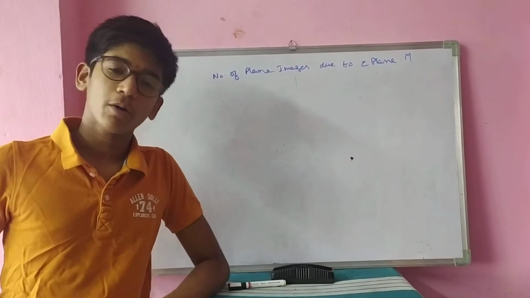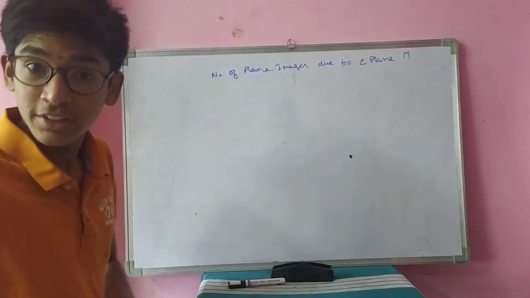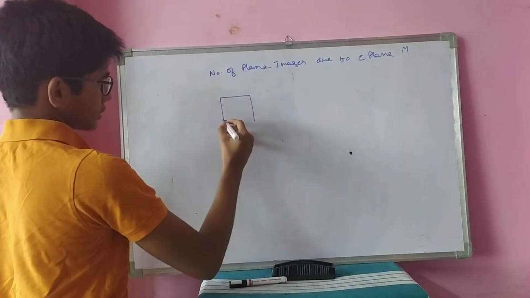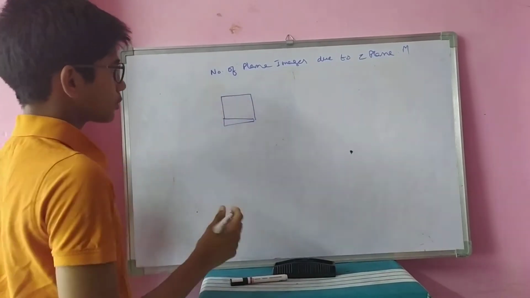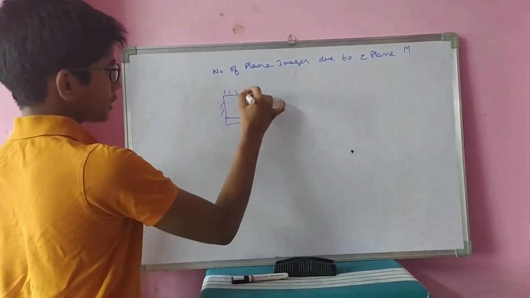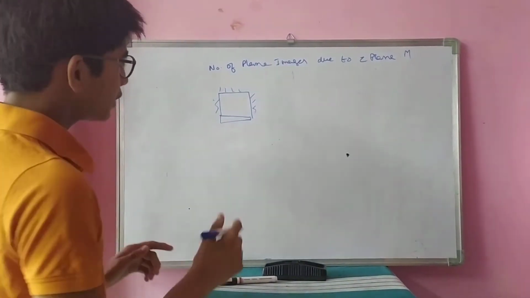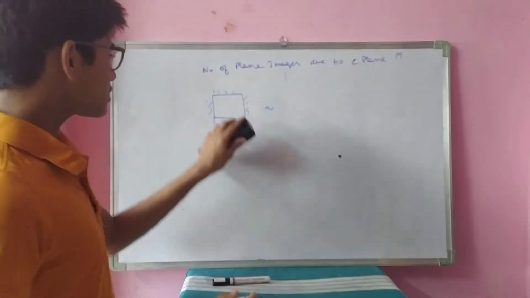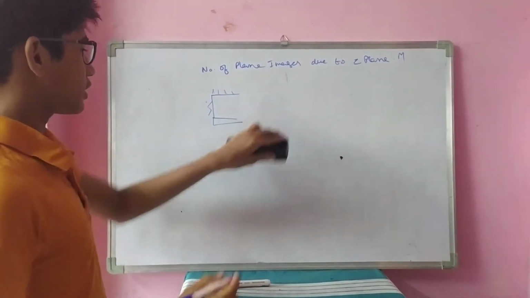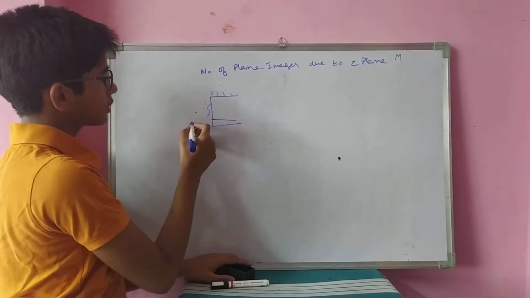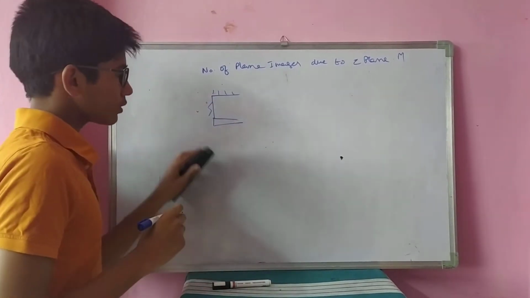Did you ever go to shopping malls? And in the trial room you see multiple mirrors like this. If this is a trial room door, you can see here is a mirror, here is a mirror, here is a mirror. How many images do you see? Infinite images. Consider only two plane mirrors here. You could see a number of images in this manner, not only two.